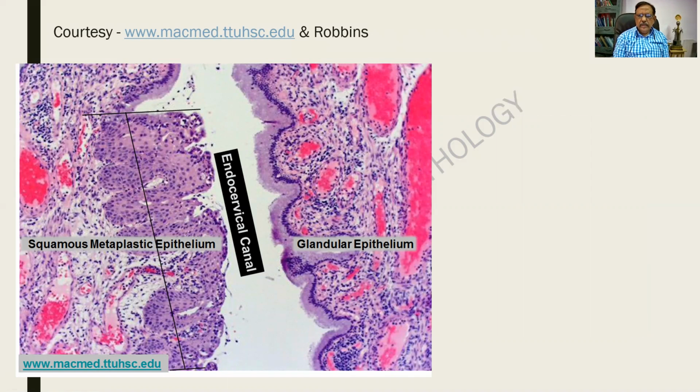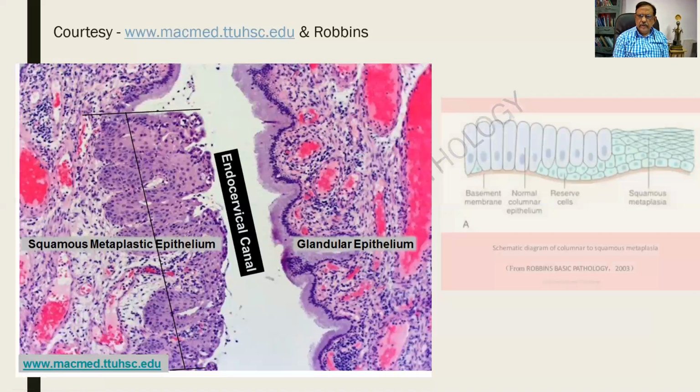And yet another one, a fantastic picture that I had taken from the net. The sources are given over here. And I find that there is a tall columnar epithelium, namely the endocervical canal. And as it bends and I am tracing it, I am finding that it is getting replaced by squamous epithelium, stratified squamous epithelium. This is the endocervical canal. Glandular epithelium getting replaced by the squamous epithelium, which is called squamous metaplasia. And this is the reference which I had mentioned here also. And the stroma is infiltrated by lymphocytes.